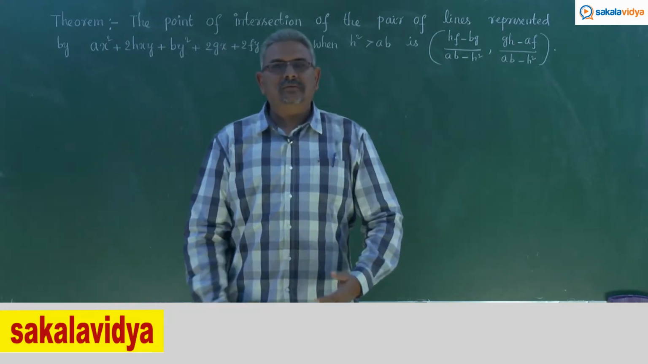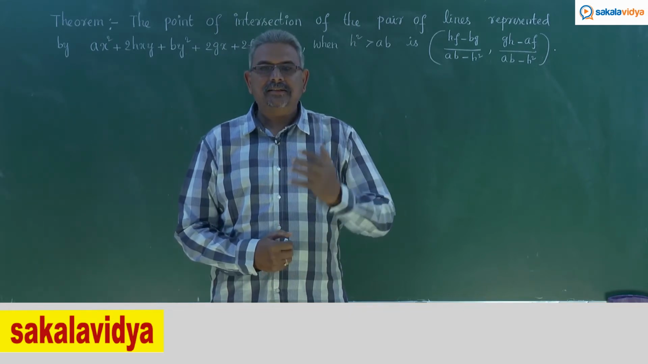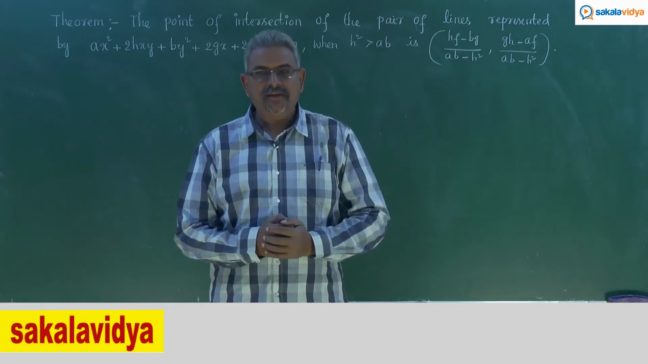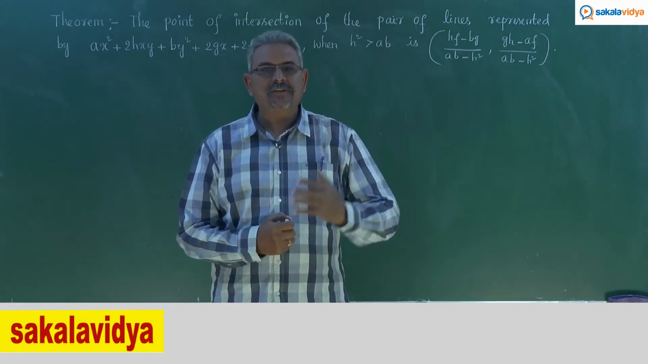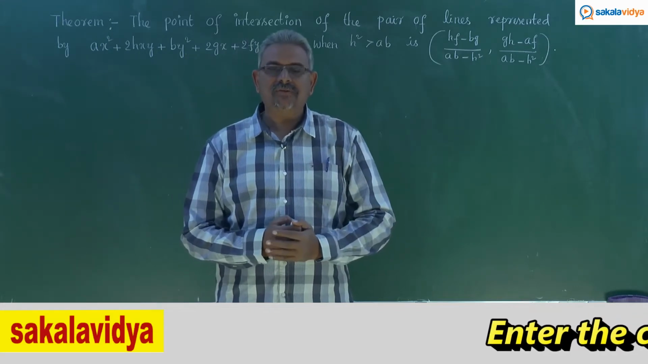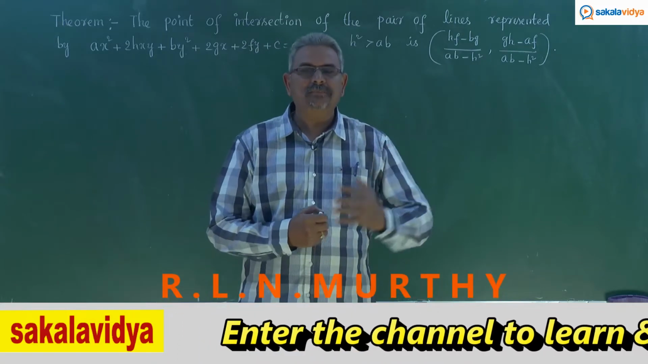Let us solve one more theorem on pair of straight lines. This theorem deals with the point of intersection of the pair of lines ax square plus 2hxy plus by square plus 2gx plus 2fy plus c is equal to 0. So, in order to find out the point of intersection of the pair of lines,